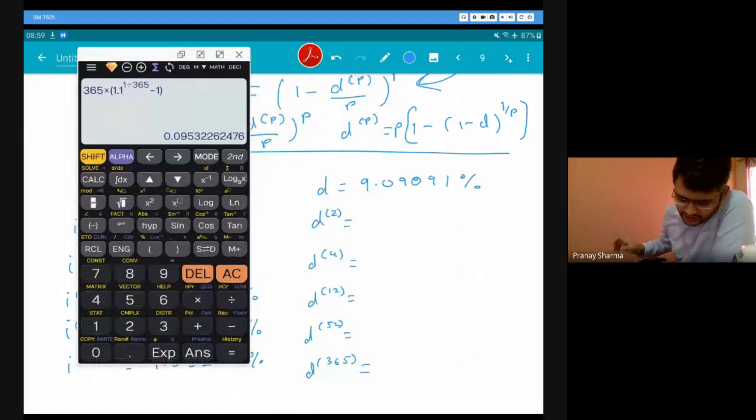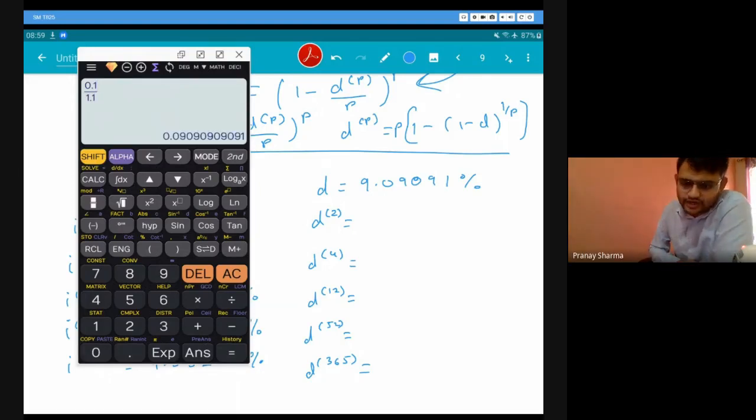Okay, so I'll talk about storing again. We wanted to store our D so that we can use D again and again. When our i was 10%, it was easy. But while writing this D, we will have to write 9.09091 every single time. That becomes too much for us. So that is why we are going to store that value. Sorry, it is not 1 divided by, it is 0.1 divided by 1.1. So I am getting this value.